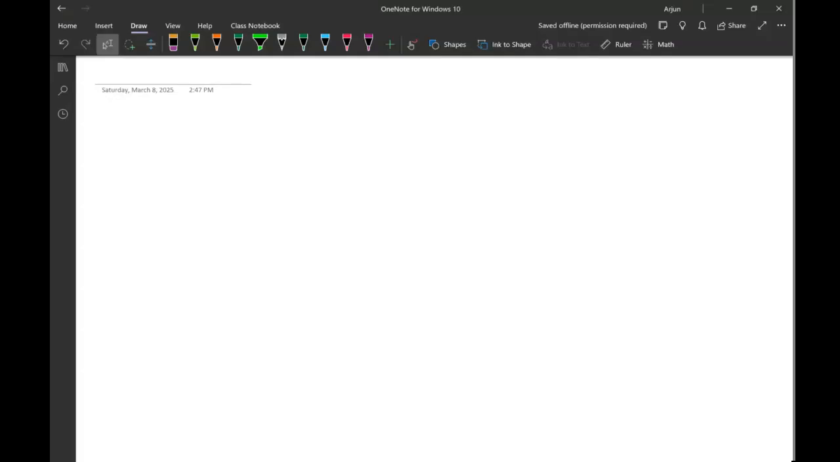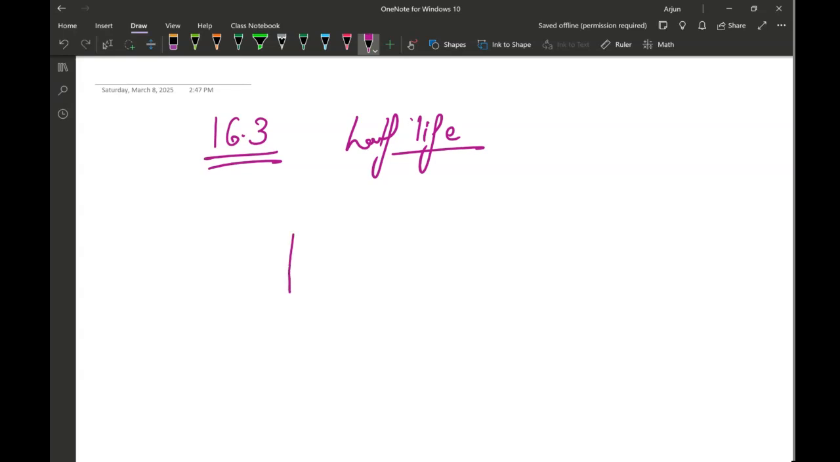Good day, folks. In today's class, I'm going to be talking about the half-life of a given substance, and that is from chapter number 16.3, half-life. As the name suggests, half-life means in how much time the substance will be a half of its total